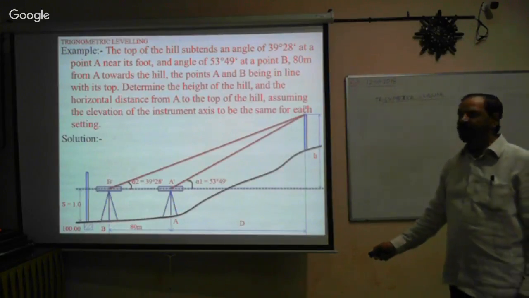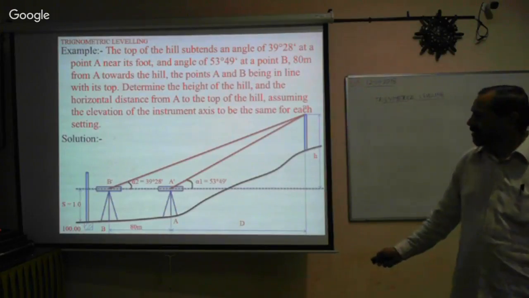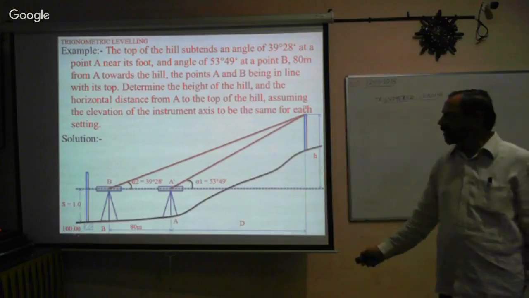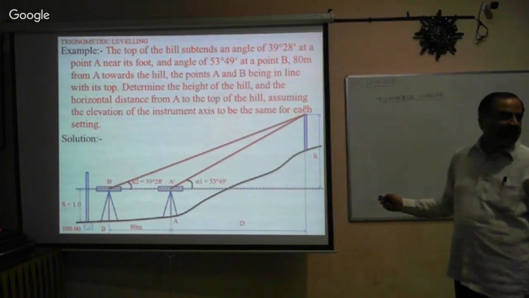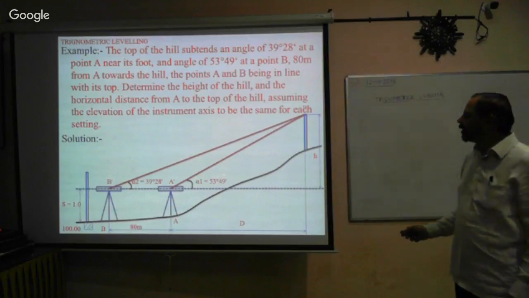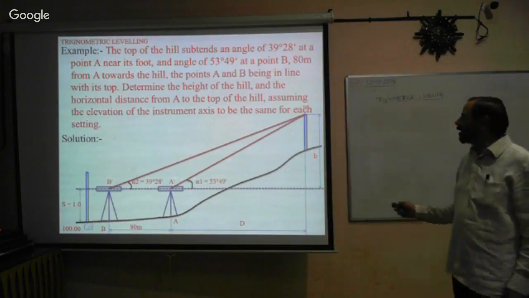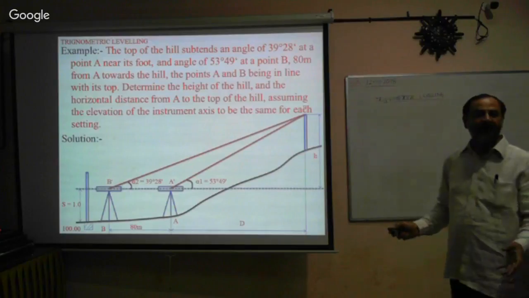from instrument station 1 to instrument station 2 is 80 meters, and the RL is given, and the staff reading is also given. Now, how to calculate the elevation of this object? Simple problem, very simple problem. Therefore, to find out H, first let us understand that H is the height of the object above the